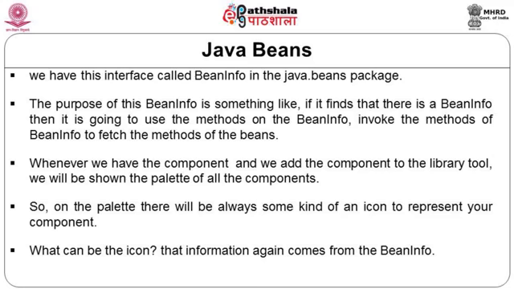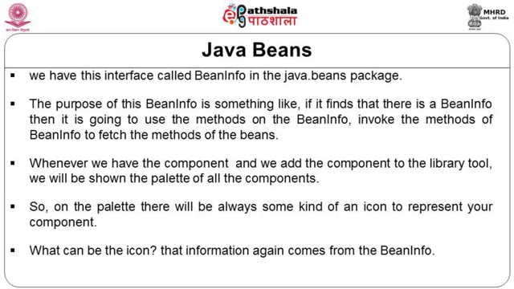So, on the palette there will always be some kind of an icon to represent your component. What should be the icon for that component? Again, how does it get that information? How can you specify that? That again comes from the bean info. If you have a bean info, you have control over what should be the icon